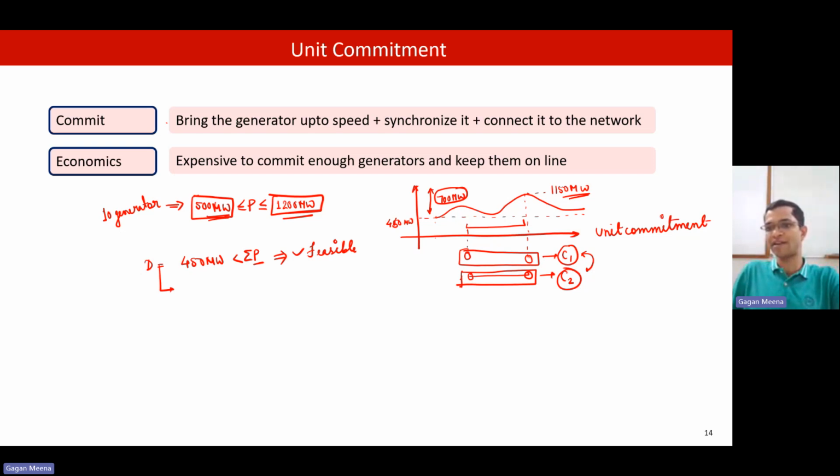Here we are allowing the generators to go off, to generate nothing. Either they generate nothing, or when they are on, they have to generate at least P minimum. Zero or P minimum. Okay. If we consider ED only and let's say the total minimum is 500 and demand is also 500, then ED would say